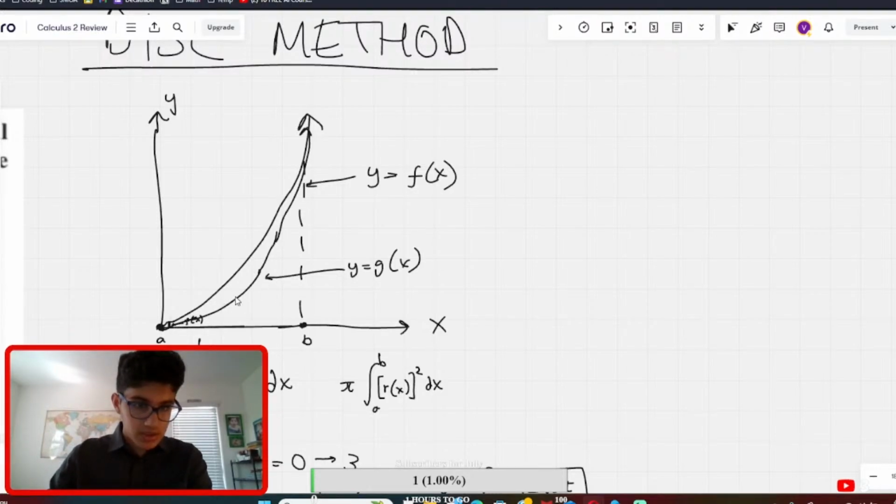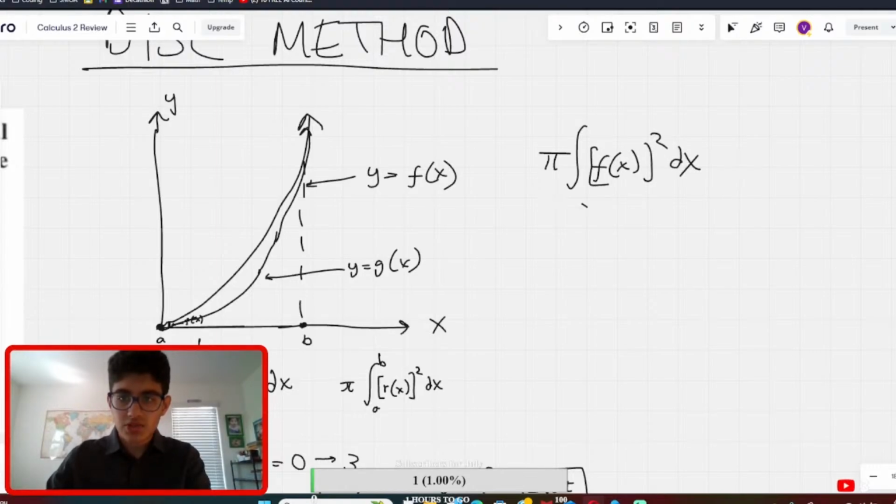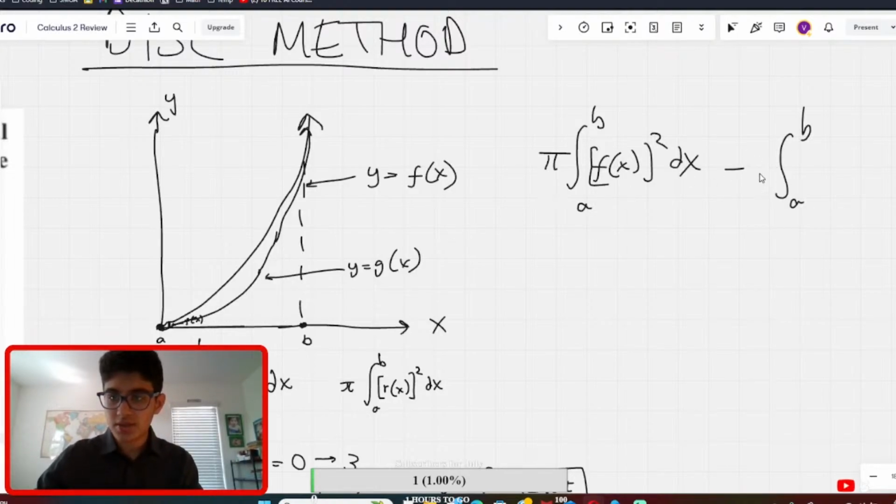This is our function, right? What if we take the volume of this entire thing? So what if we take the integral of f of x squared dx from a to b? That gives us the whole volume. And then to get this part shaded in, what if we just remove this volume? That will be the same thing, right? Like now if we do this,